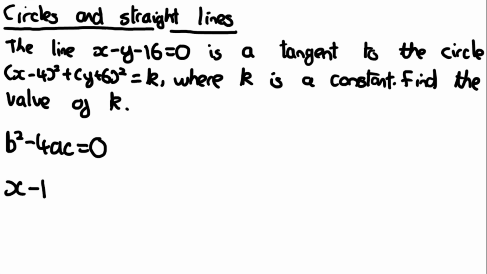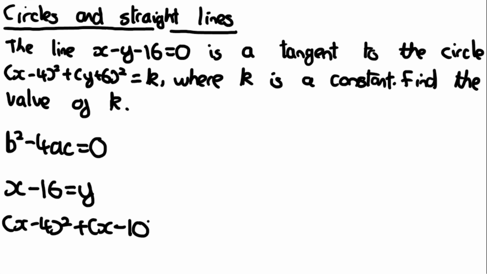x minus 16 is equal to y. Then we sub this into the equation of the circle. So it's going to be (x minus 4) squared plus y, which is now x minus 16. We sub in this value. So it's going to be (x minus 16 plus 6), which is going to be equal to minus 10, squared